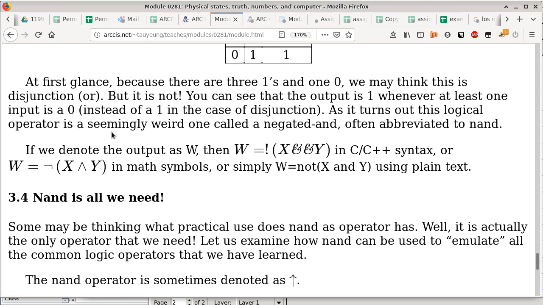Okay, so section 3.4 is saying that, well, you actually do not need negation, conjunction, or disjunction if you have NAND. Okay, the same can be said about NOR, but we'll start with NAND. Okay, so now the question is, well, if you are only given a NAND operator, how do you implement the other operators in C and C++ that you are already familiar with? Okay, so what we'll do